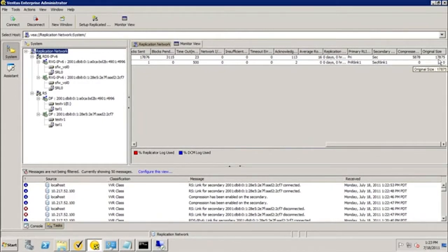Look at the original size and the compressed size. You can see there is a huge difference with compression enabled.